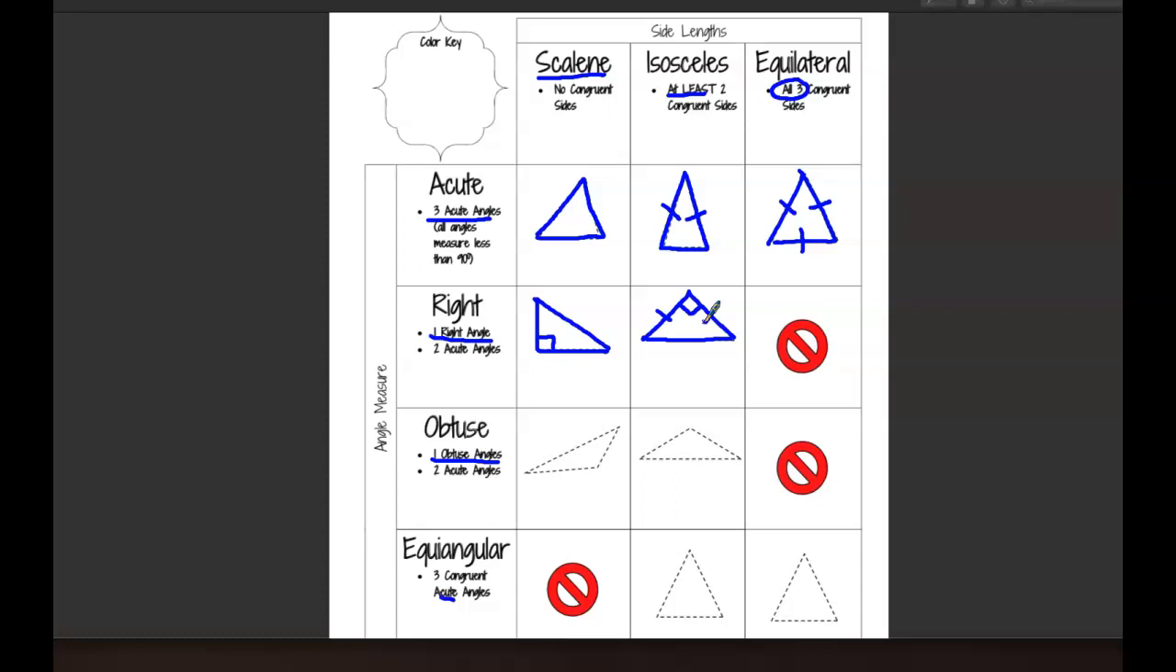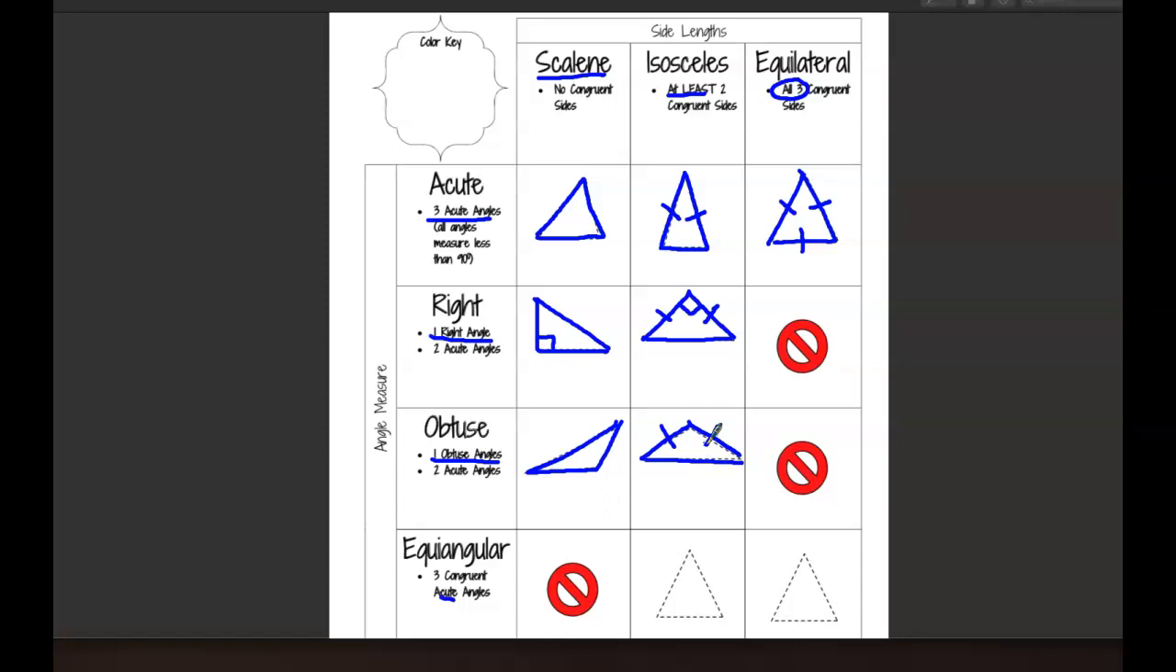For the next row, we have an obtuse triangle. So that angle is our greater than 90. The other two angles are less than 90. And it is scalene, which means it has no sides congruent. Over here, I have an obtuse isosceles triangle. So I have one angle that's greater than 90. And then I have two sides that are congruent. And again, you cannot have an obtuse equilateral triangle. It is not possible. Down for equiangular,